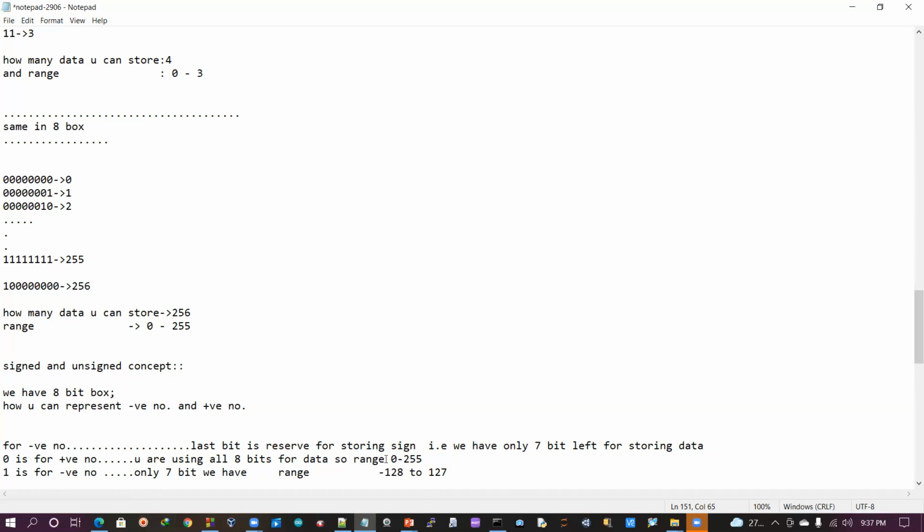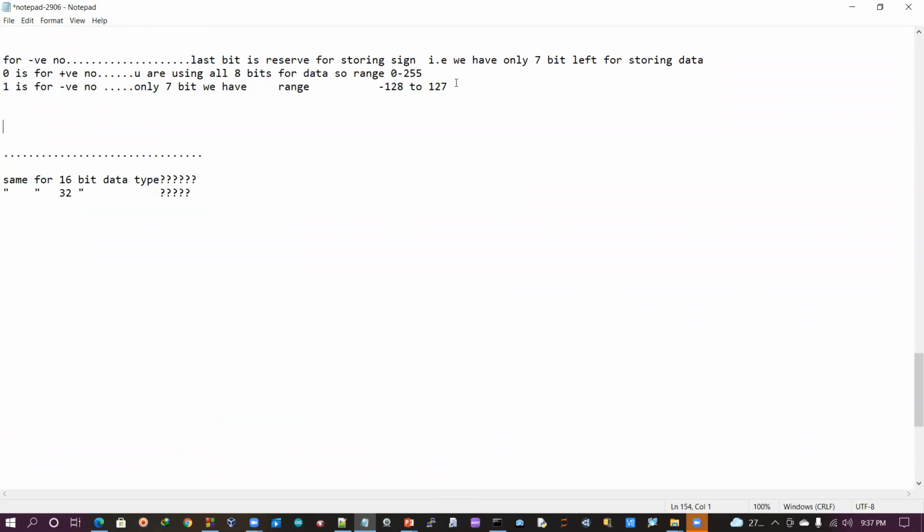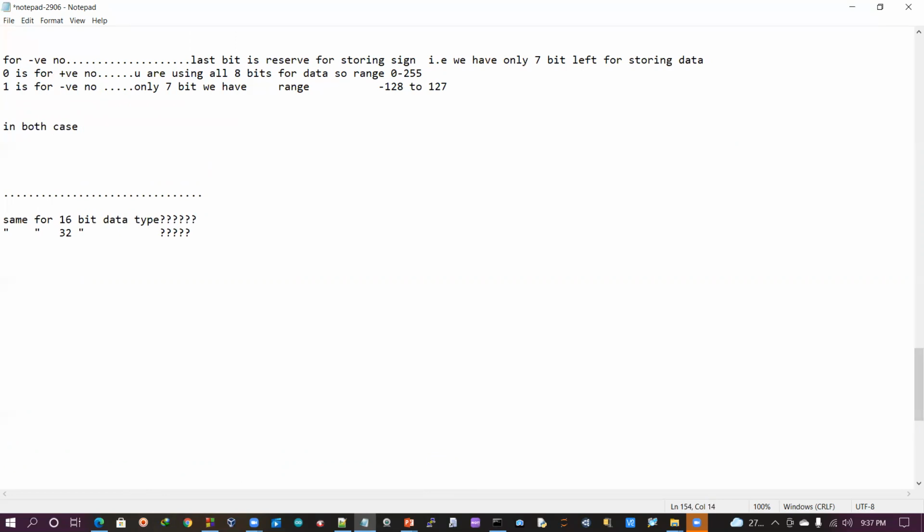So see here, in both cases, Karthik, what is the size? 8 bit. Yes, 8 bit. But the nature is changed. Agree or not? Remember these concepts, it will help you understand each and every data type in the future. I don't want to spend more time here. The same concept is applied